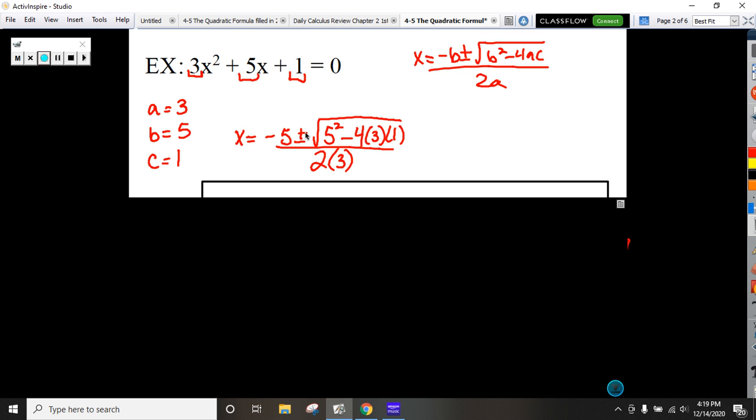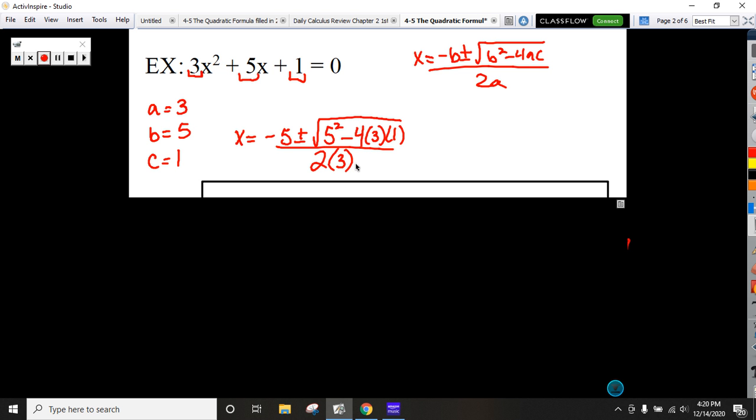So it's negative 5 plus or minus the square root of 5 squared minus 4, and then I use parentheses to show the multiplication. I don't always like using the dot because then it kind of looks like a decimal point sometimes. So the parentheses here are just showing the multiplication, 4 times 3 times 1 for the 4AC, and we're going to eventually multiply that all together anyway, all at once,